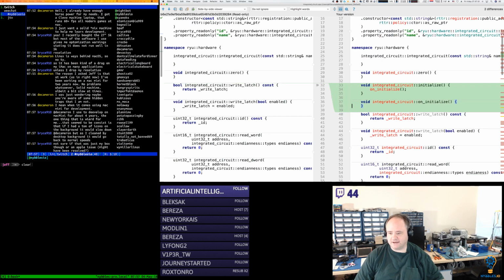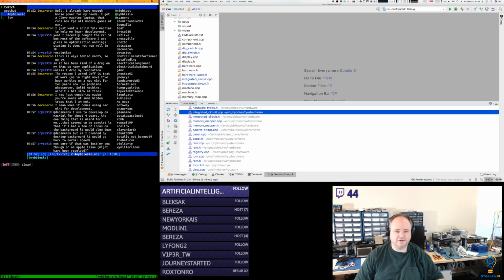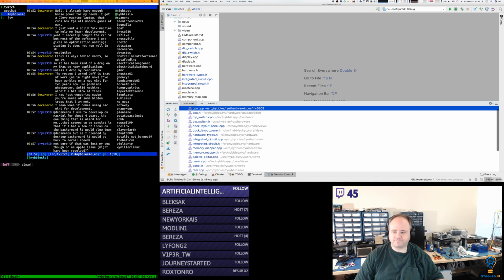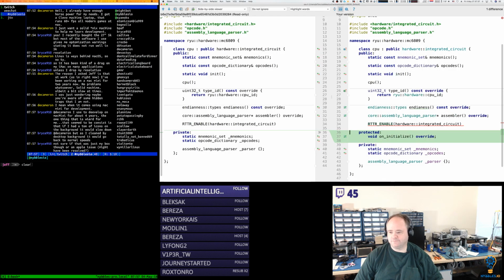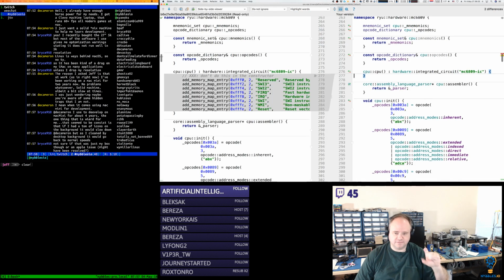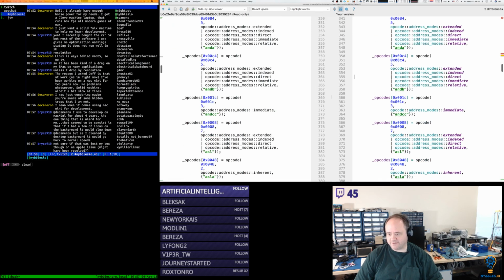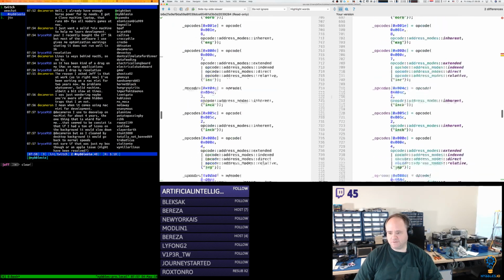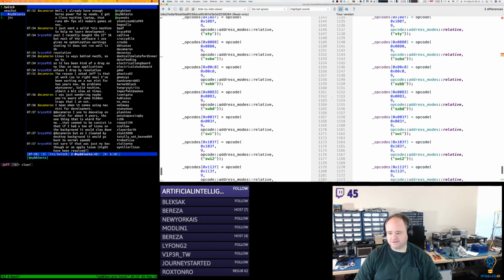The default on initialize does nothing. CPU overrides on initialize, and I moved the memory map setup from the constructor, which was kind of a no-no, to the initialize override.